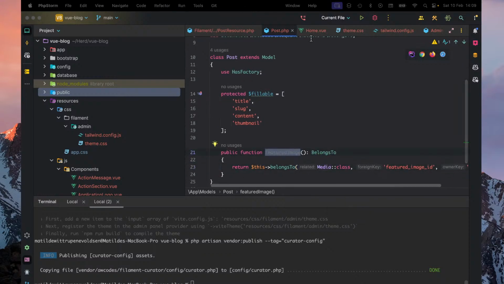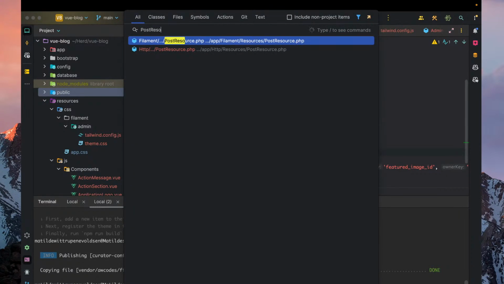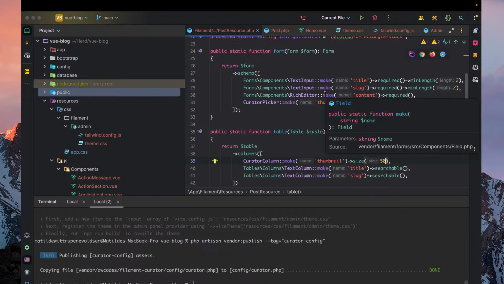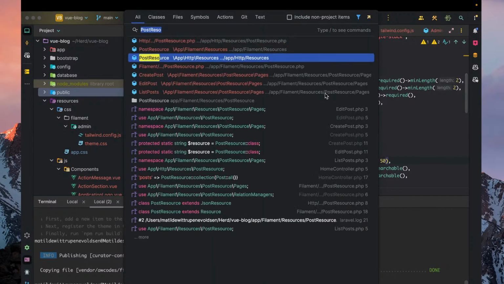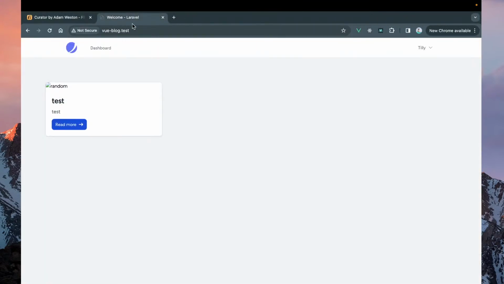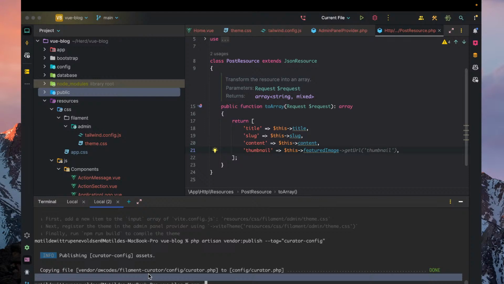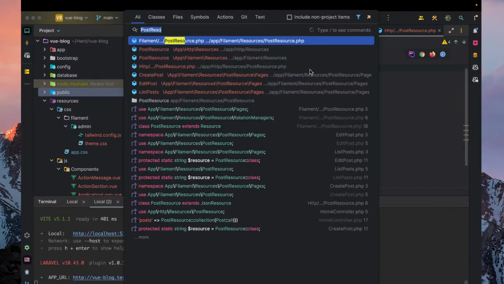And let's see what happens if we go into the post resource. The other one. And let's pass that through. Also, I'm gonna go ahead inside here and make sure we run def. And then,